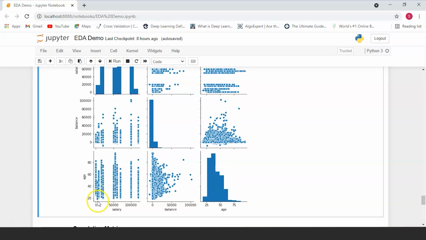This value is not plotted, but it's going to be 10,000 or under, and this does not extend beyond 30. So you immediately realize that no one over the age of 30 is really earning 10,000. Most of them are earning in the range of 0 to around 20,000. Now people earning 50,000 to around 70,000 again fall in all age brackets, but they're most concentrated below the age of 70 to 75.